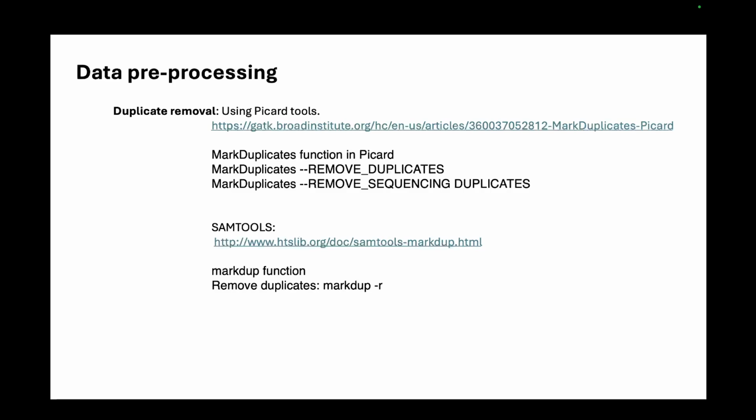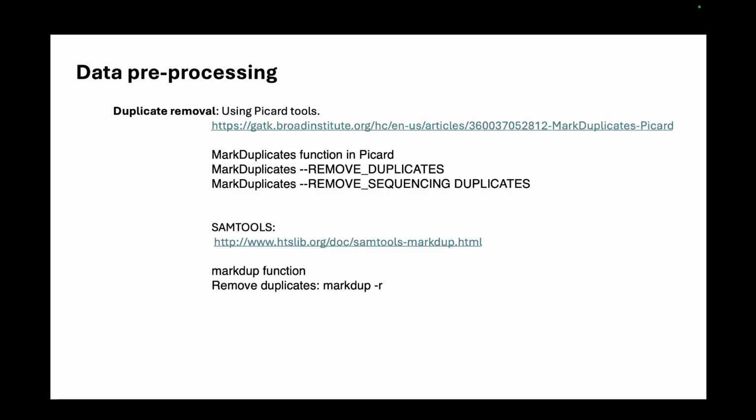So the same read that has been read twice is technically increasing your sequencing depth, but it is actually not helpful, because it's the same read that has been sequenced twice. So the idea is to identify this duplicated sequence and remove it from your data so that you can have a cleaner version of the data. Picard Tools does this using the MarkDuplicates function,